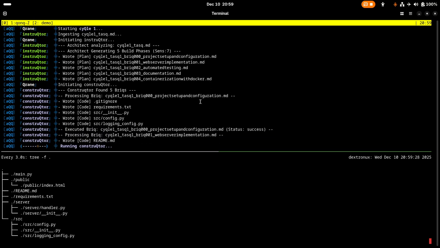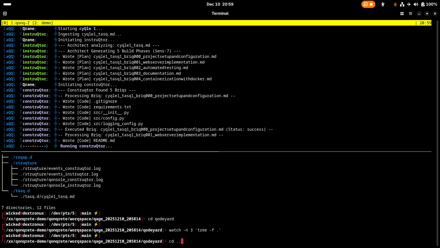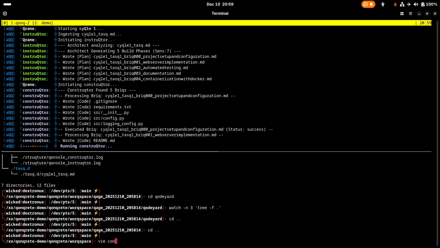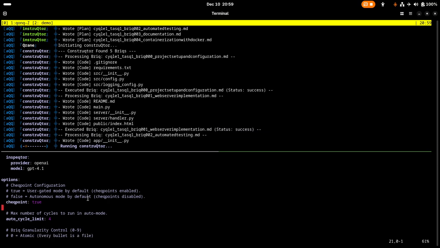There we go. As you can see, it goes a lot deeper now. You can go a lot deeper by adjusting the brick sensitivity, and we can also go deeper by tweaking this